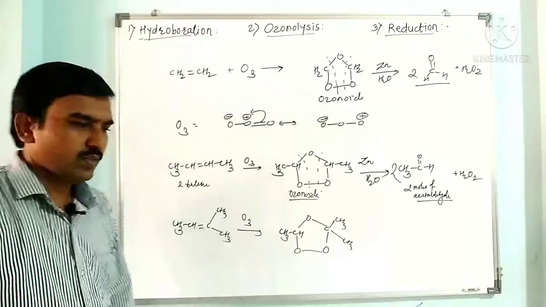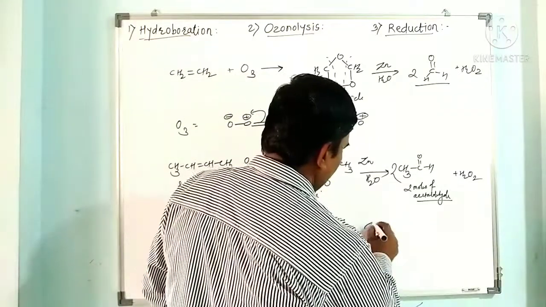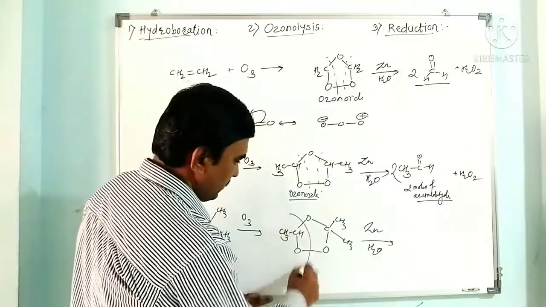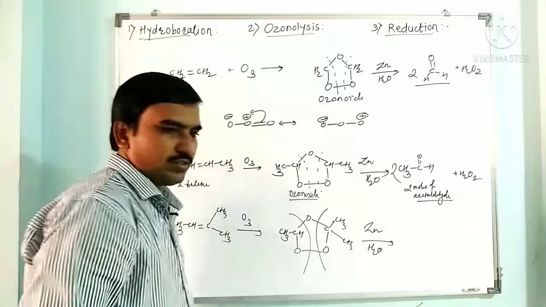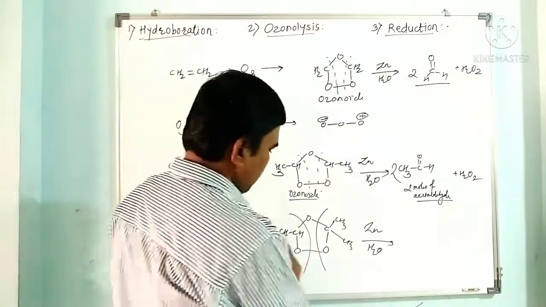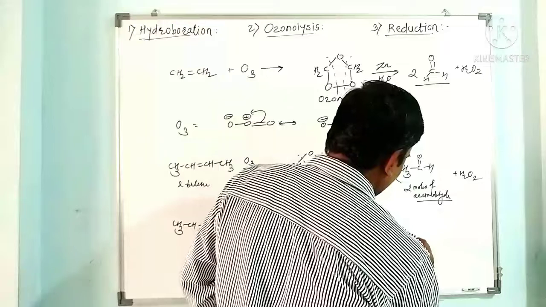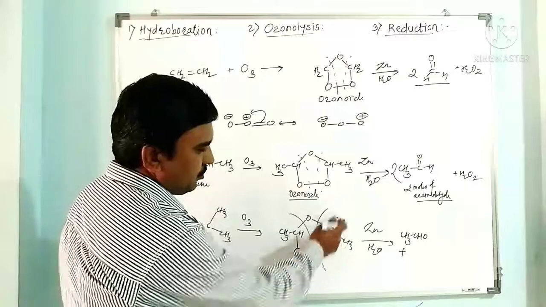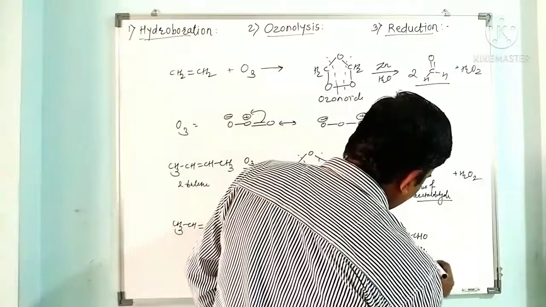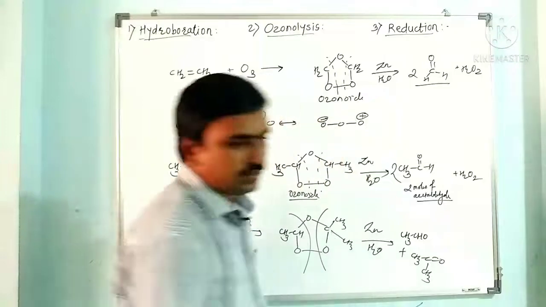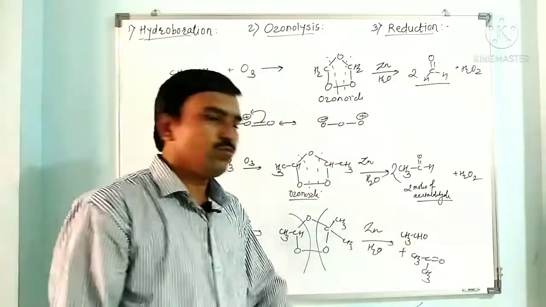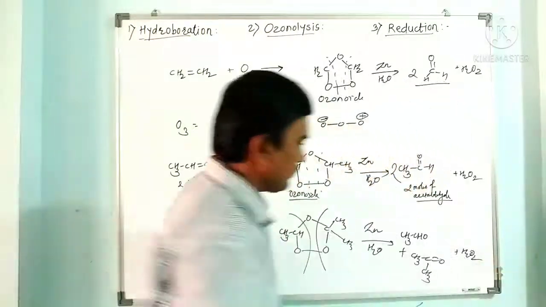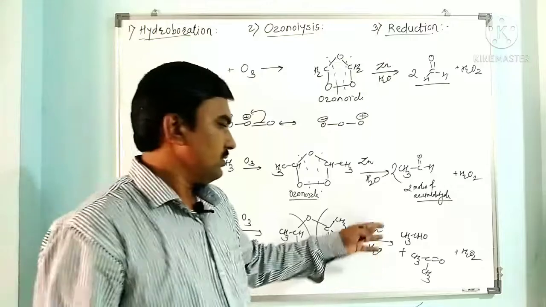this ozonoid. Now this ozonoid reacts with zinc metal. So zinc takes this oxygen and here we get this carbonyl compound and this carbonyl compound. So here CH3 CHO, plus CH3 CO CH3, CH3 C double bond O CH3. So we get 1 mole of acetaldehyde and 1 mole of acetone after the loss of H2O2, or it may give zinc oxide.